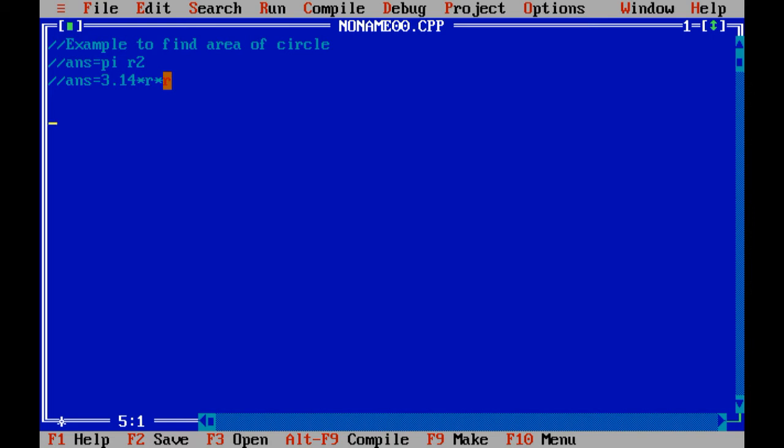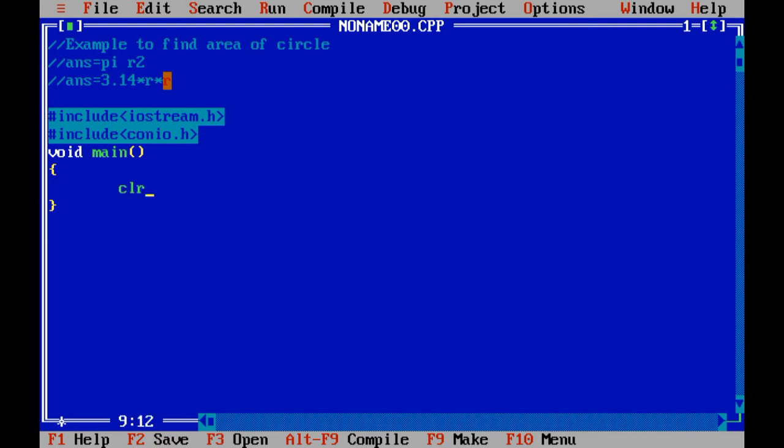But before that, we need to include header files, that is iostream.h. The second file is based on C language, that is conio.h. Then void main, because our program starts with the main function, opening bracket and closing bracket.